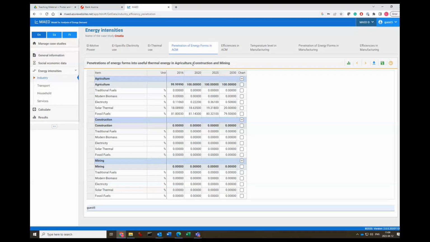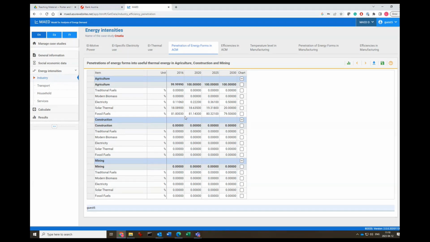Yeah, so for each sector, to calculate the final energy demand, the model needs to know what is the energy forms distribution needed in terms of thermal energy. So this is for agriculture. We can see that, for example, here most of the fossil fuels were used for the thermal energy